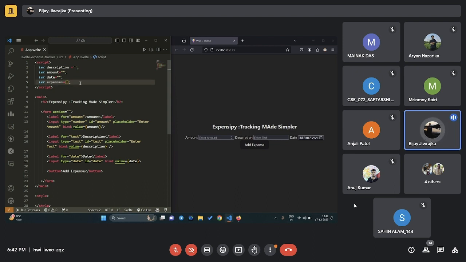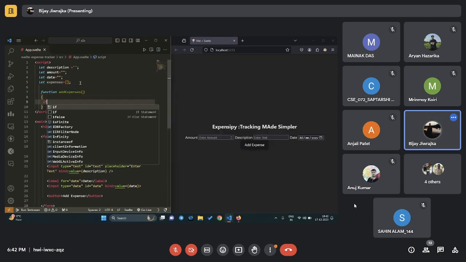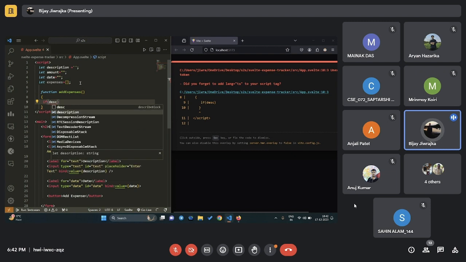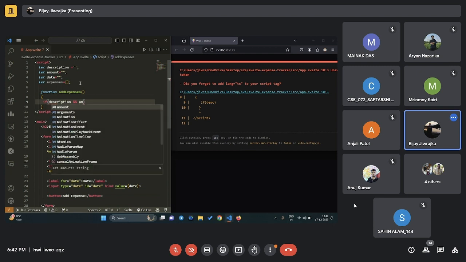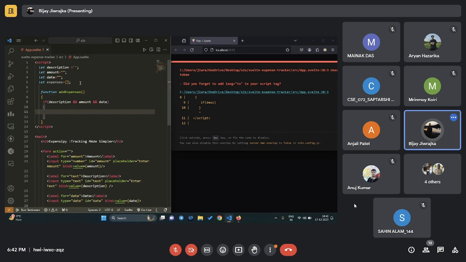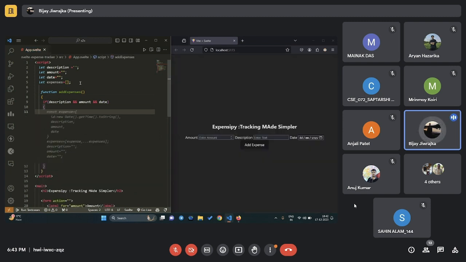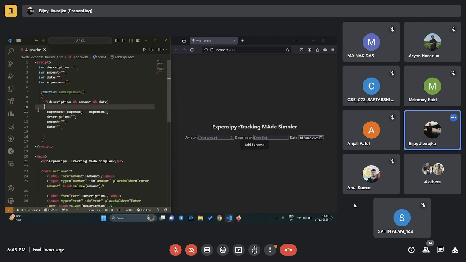So let me create one function. Suppose a function add expenses. In this, we will first check if the description and the amount and the date exist. अगर वो empty है तो हम लोग नहीं लेंगे. All three are compulsory. If they exist, then we can. इतना नहीं चाहिए. We will just use this part. We know JavaScript, so